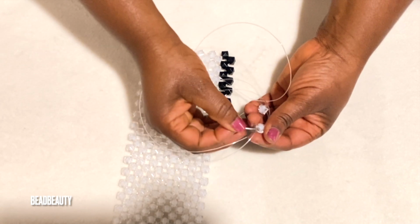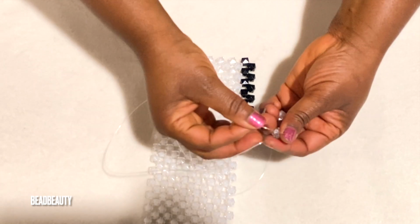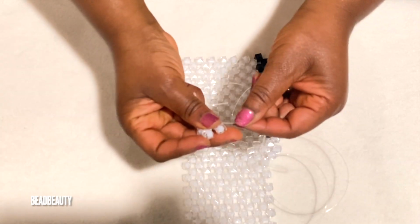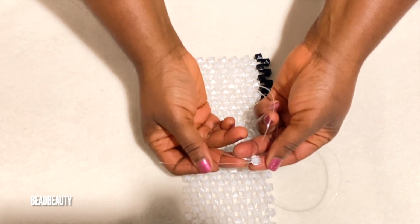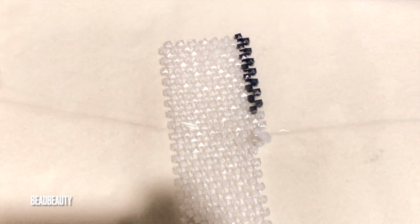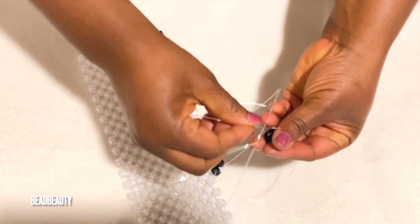So from here I'm going to use the white bead, the clear white bead. That's what I'm going to drop over here, and I'm going to weave 5 times. To the next bead I add 2 beads to the left line, cross and pull down. I'm going to pull through the next bead again. Okay, cross and pull into the last bead over here. So from here it's going to be black. Okay, I'm continuing with black beads,